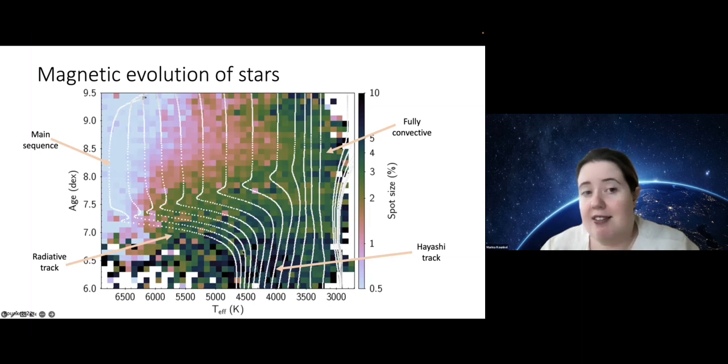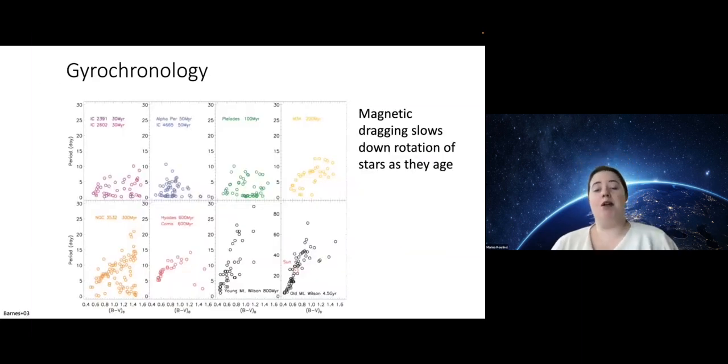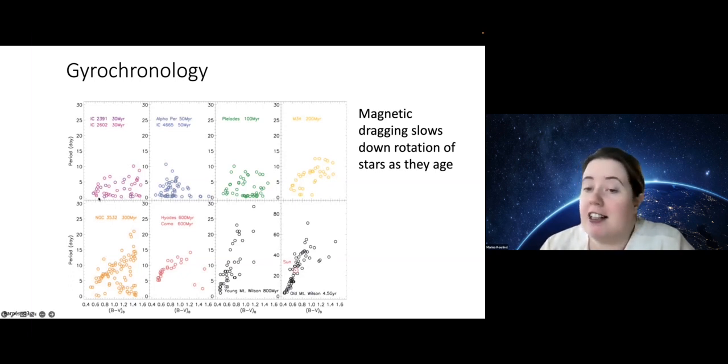But magnetic activity also influences stars in other ways. For example, if a star is rotating around its axis with a particular speed, magnetic fields slow the rotation down by dragging the star back. So initially, at the youngest ages, stars tend to rotate fairly fast. As they age, the rotational periods precipitously slow down.